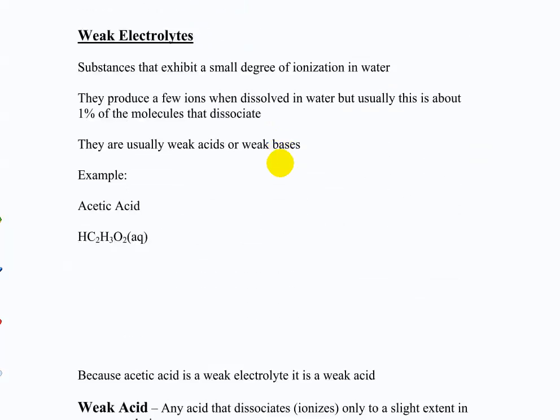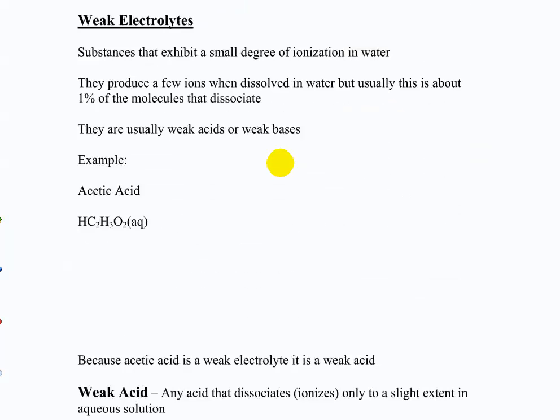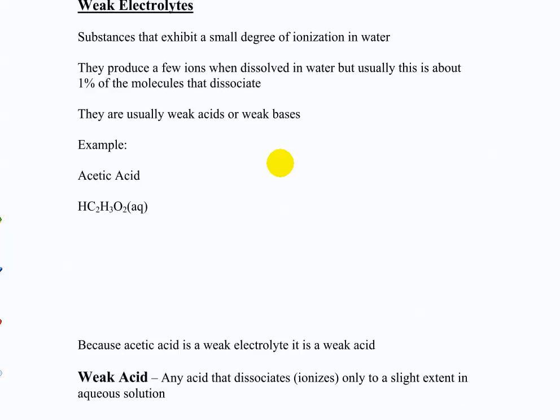Now let's look at the weak ones. Now when we talk about weak electrolytes, they're actually pretty weak. Only usually about 1% of the molecules that you put in will actually dissociate in water, as opposed to close to 100% of the stronger electrolytes. And most weak electrolytes that we talk about are weak acids and bases. There are weak electrolytic salts as well. But something like acetic acid